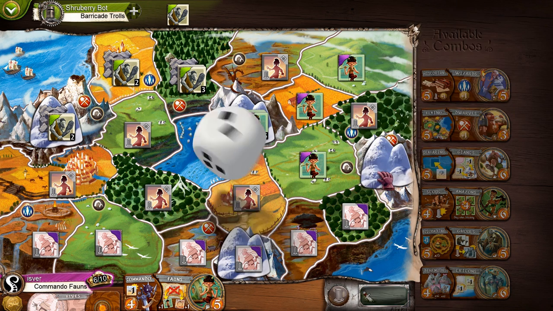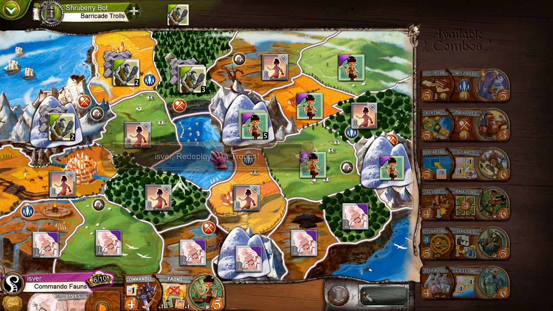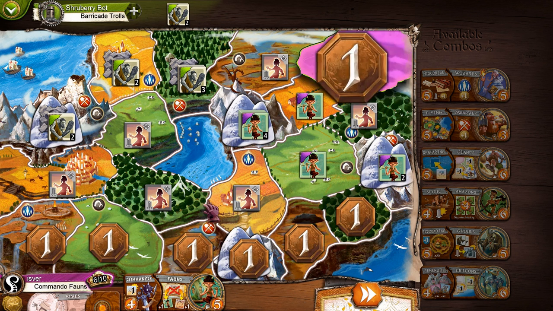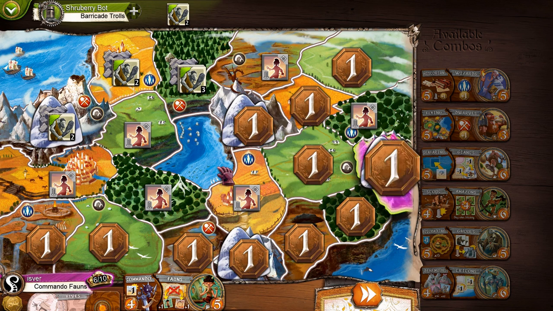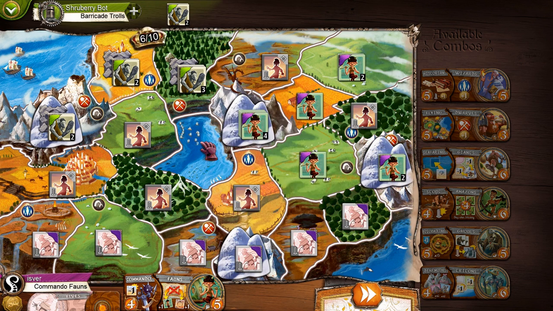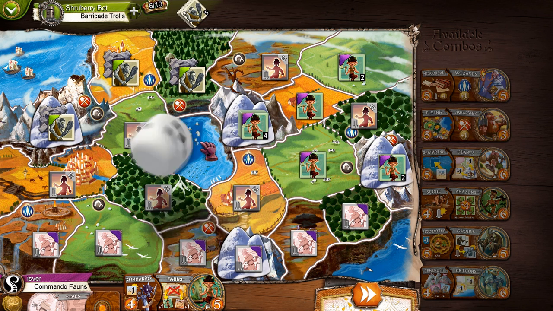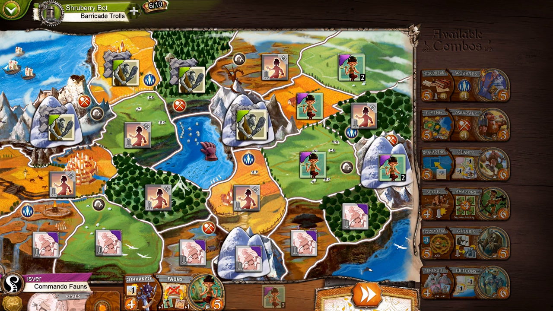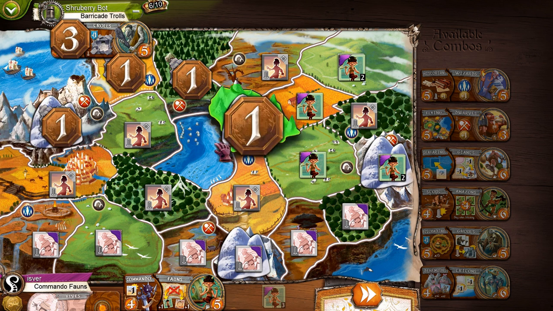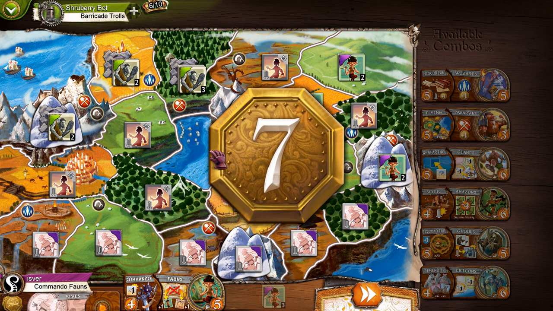Let's try the mountain. Now let's put one here and one here. So the game seems somewhat complex, but actually by itself it's very easy. Damn, he's lucky. The only complicated thing is that there are so many special abilities and races, but still far fewer than in the board game, so...